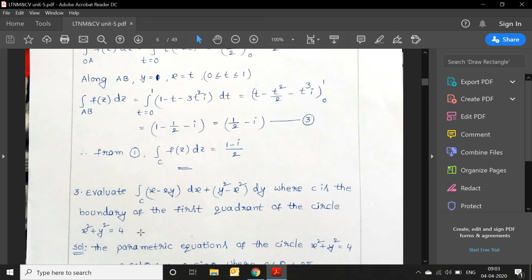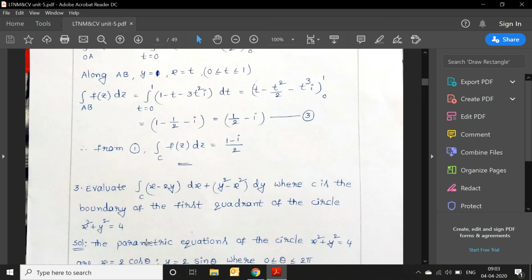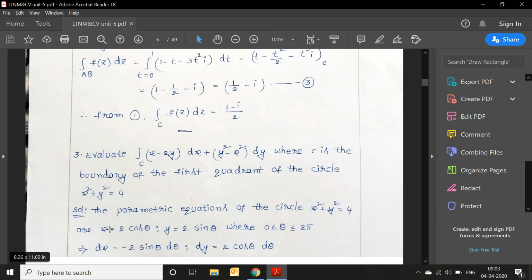So that's why we can convert into the polar form by using parametric equations of the circle. x squared plus y squared is equal to 4, by substituting x is equal to r cos theta. Here r is equal to 2, because the equation of the circle is x squared plus y squared is equal to r squared. So r squared is equal to 4, r is equal to 2. So that's why x is equal to 2 cos theta, y is equal to 2 sin theta. And obviously, circle means the angle is 0 to 360. So that's why theta limits are 0 to